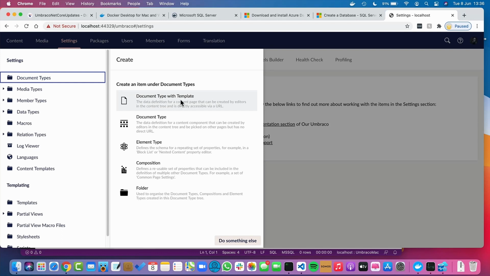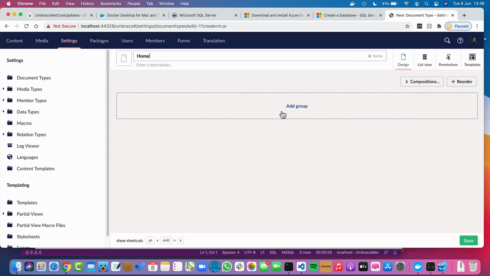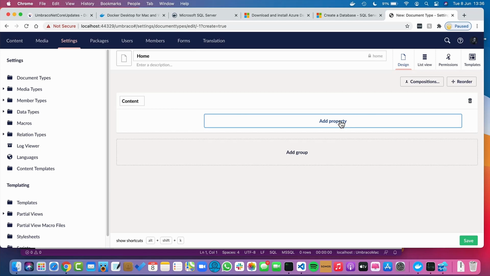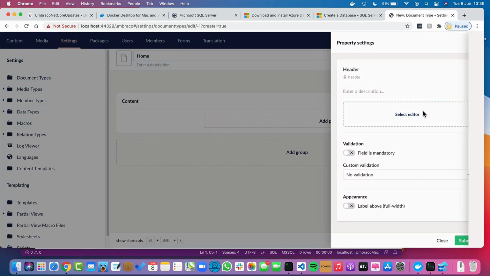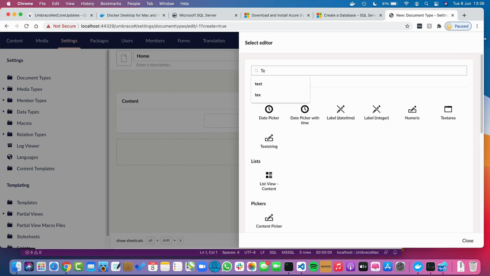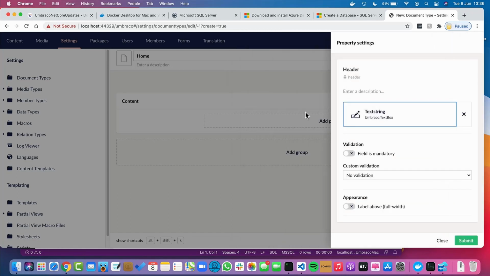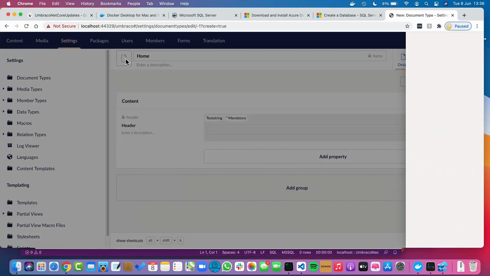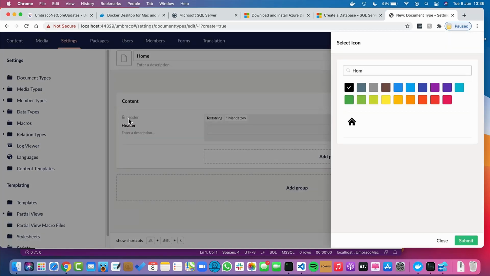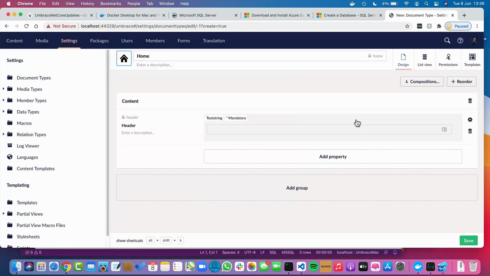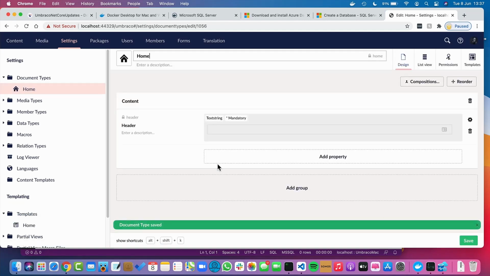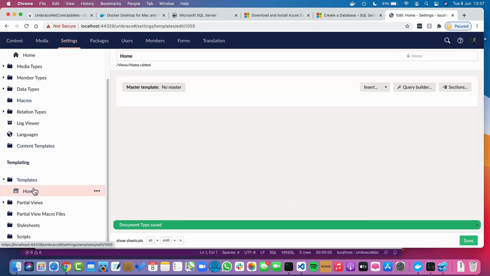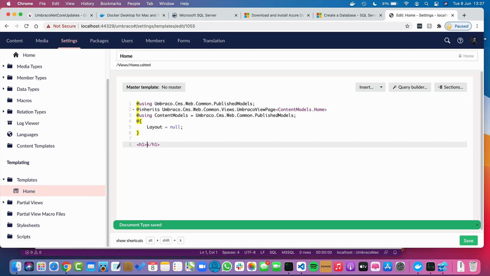So let's create a doc type, home, content, and we'll give this a header. That is just a simple text string for now, and we'll say it's mandatory, and we'll change our little icon to be a house. Now that's all good. We'll save that, which is also going to create my template view, and then I can do h1 at model.header